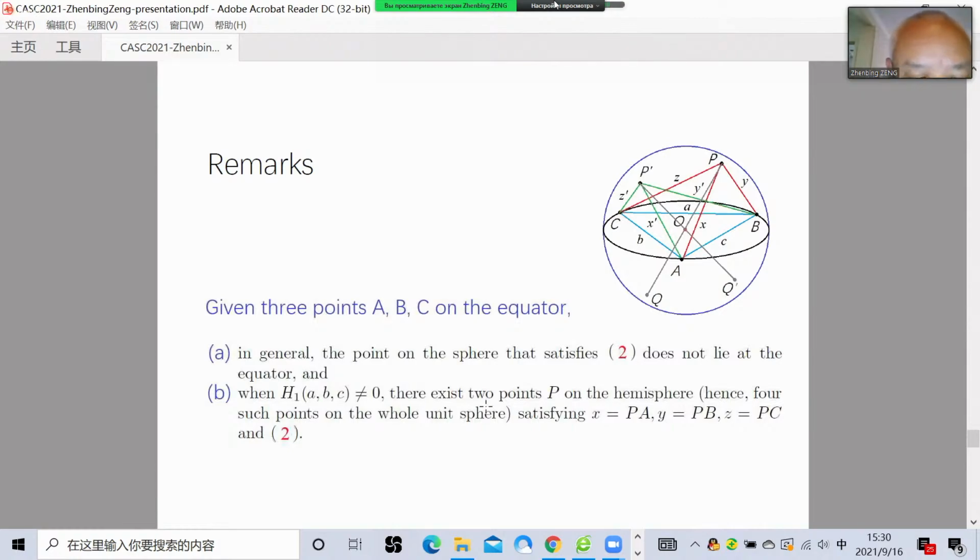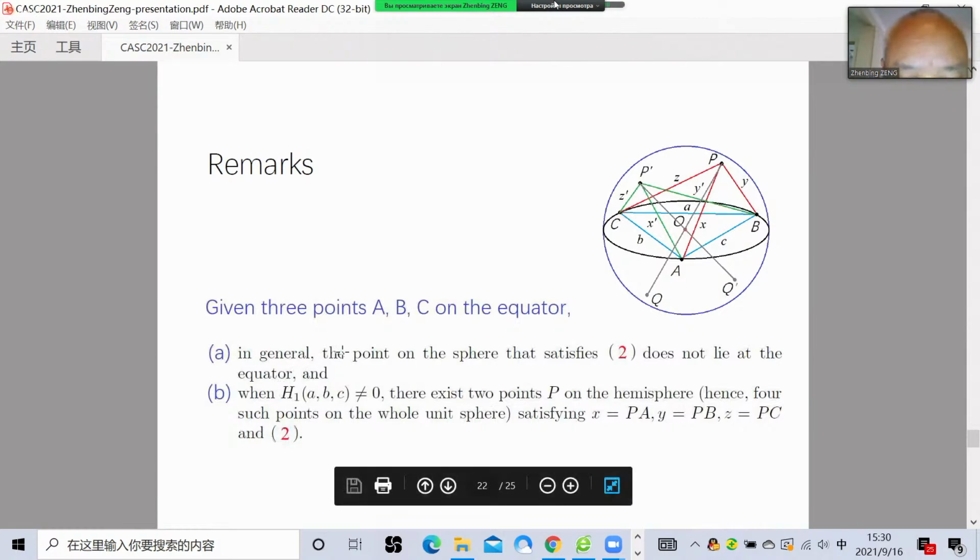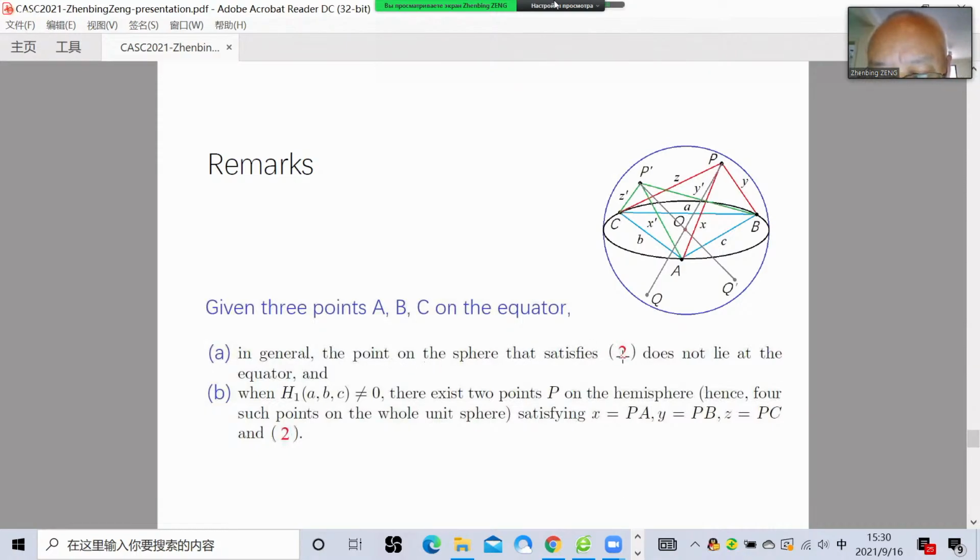So first, in general, the point on the sphere that satisfies the linear condition doesn't lie on the equator. This can be checked numerically. And the second remark is, if this H1 of ABC is not equal to 0, and also the points ABC are selected from the equator, then we have always